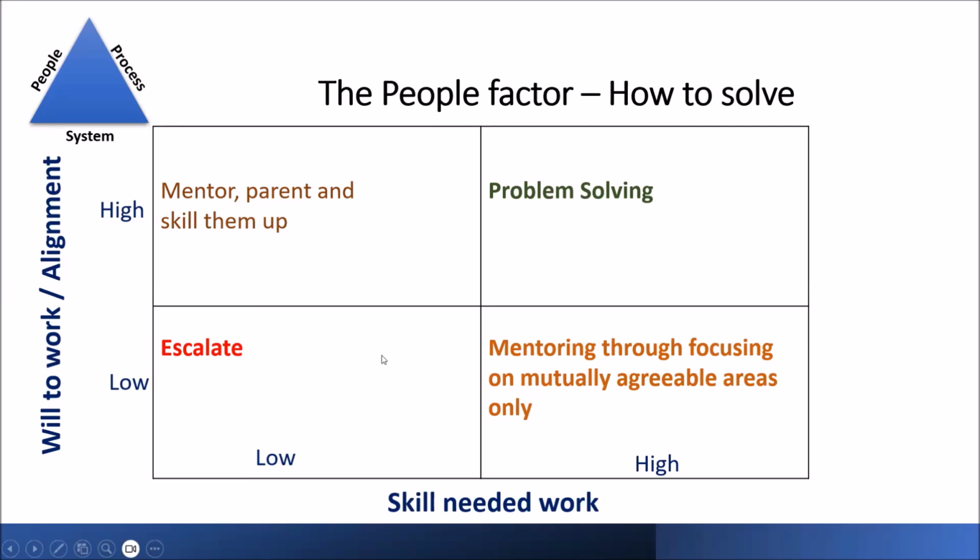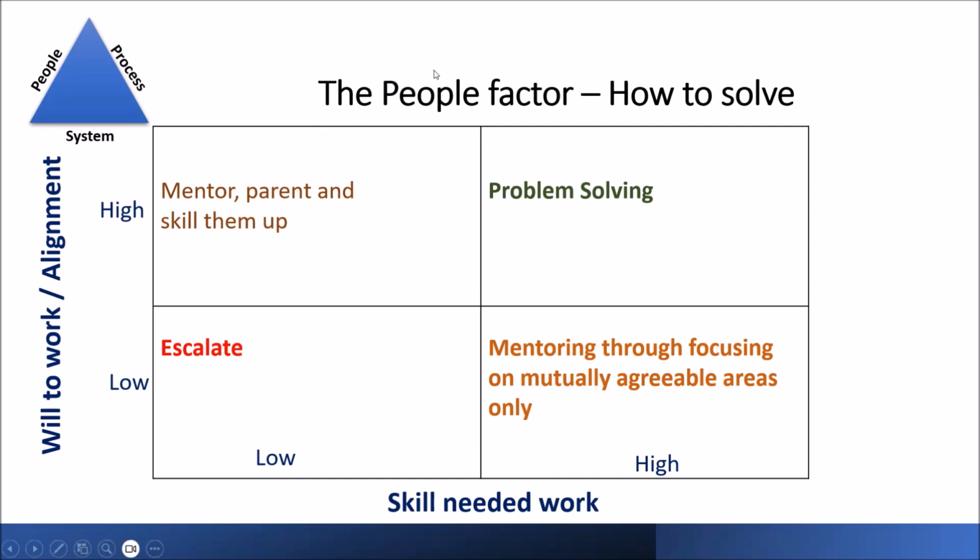Now, if you put them under 4 quadrants, for example, the skill of the employee is high and that employee has a high alignment, then that employee comes under problem solving. That means any problem, any conflict, or any complaint about that person, if you go and tell, immediately he will solve it because of this quadrant. So the people who fall under this quadrant, any problem that you want to solve with them is very easy. Just go, provide the feedback, give them the examples, they will change.